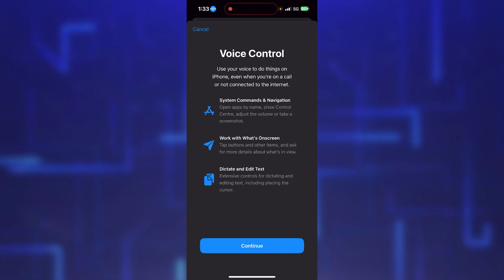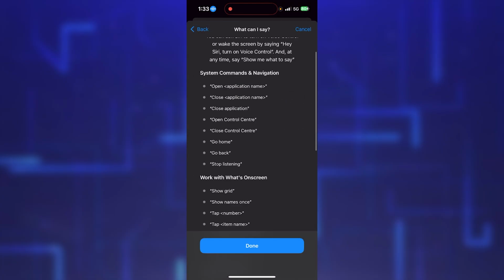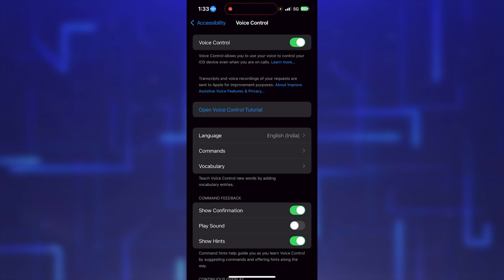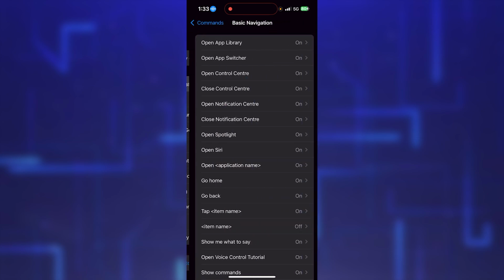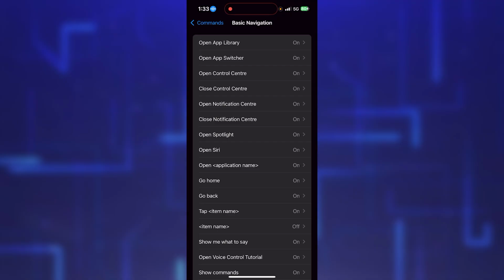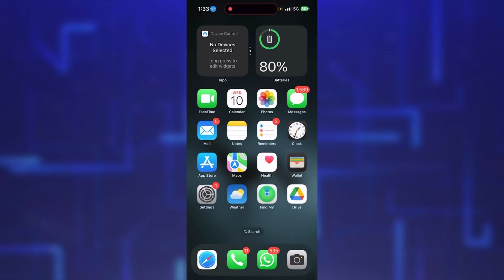Once you do that, it will show you this quick setup, and here you're gonna see the examples that you can do using voice control. Now here in this command section, you will find all the commands that you can do by using your voice. For example, if I'm on the home screen and if I say open control center,